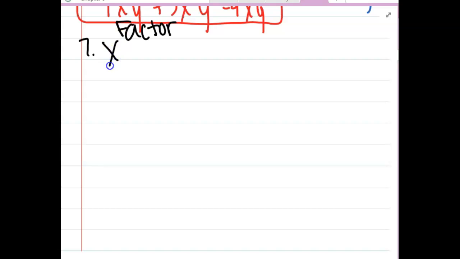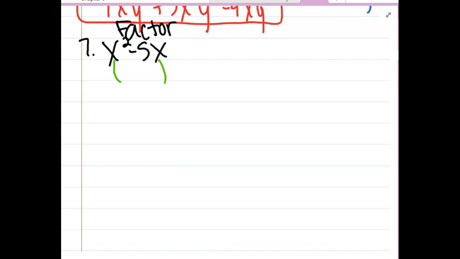So for the first one, let's do x squared minus 5x. So if I'm asking you to factor something, I'm asking you, what could you multiply together to give you x squared minus 5x? Well, here's the thing. X squared minus 5x is the answer to a distributive property problem. I mean, that's what it looks like, right? So your answer is going to be that distributive property problem. You've got to figure out what would you have to distribute into those parentheses to give you x squared minus 5x. So what's going to go on the outside is what you would have distributed, which is the greatest common